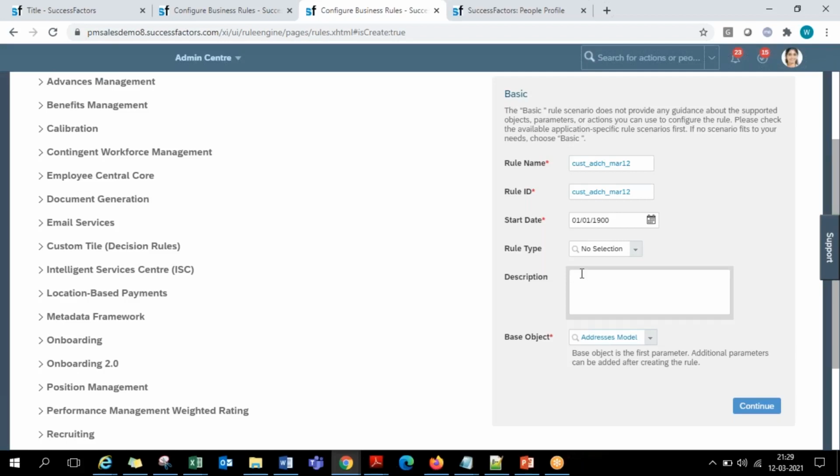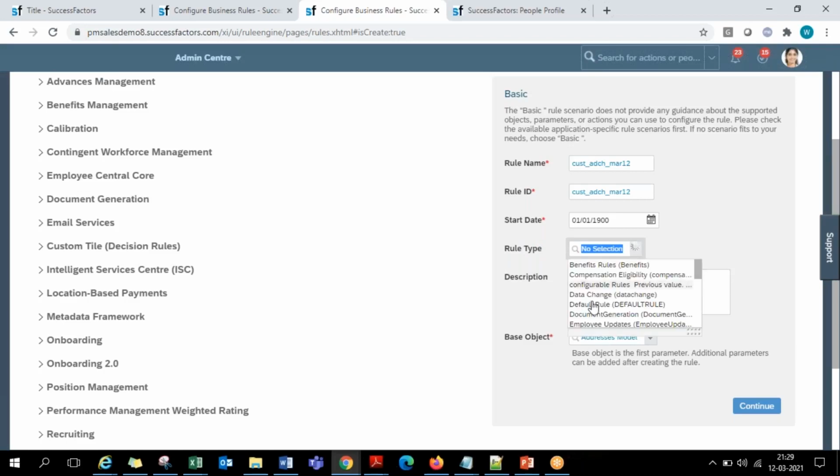Okay, but a rule type is basically a free drop down field, guys. In a customer system, you will not have any values here. Actually, it's a free drop down field, a pick list field. Whatever values you want, you can define into that drop down through pick list center. But why is that used is, any rule that you create in SuccessFactors system, if you want to define that this rule belongs to EC, this belongs to recruitment, like that, if you want to categorize them, or within EC, this rule is for some workflow triggering process, or this rule is for some automations, or this is for some validations. So for what purpose is that rule? You can also have a rule type.